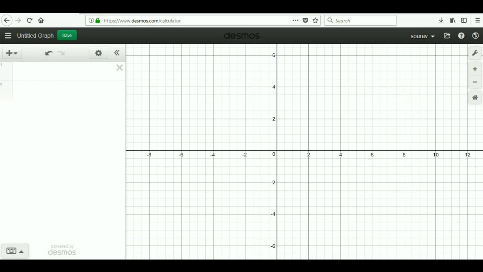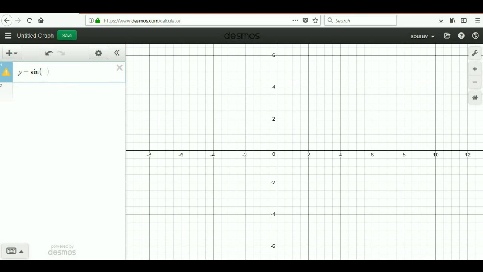Hello guys, today we're going to actually visualize different functions that we have been using till date, like sine, cos, tan. We're going to break them down into their components and see what is the effect of each component on the plot or graph. Okay, let's just start with sine. We have y equal to